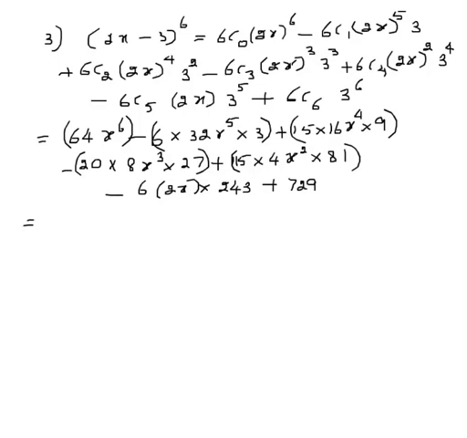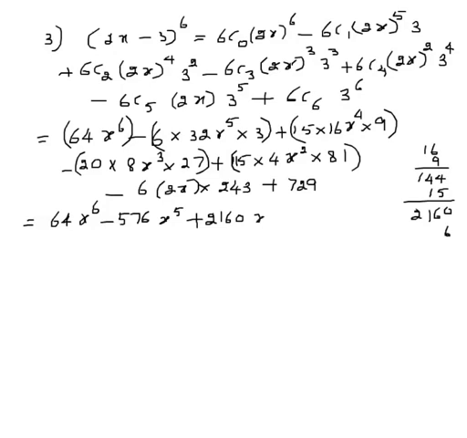Let us simplify this expansion. First term is 64x raised to 6 minus 192 times 3, 576 x raised to 5, plus the next term is 16 times 9, 144 times 15, 2160 x raised to 4. The next term is negative 27 times 8, 216 and times 20. So it is 4320 times x cube plus